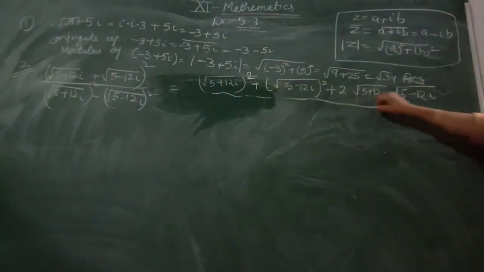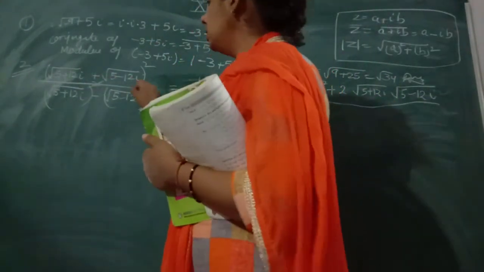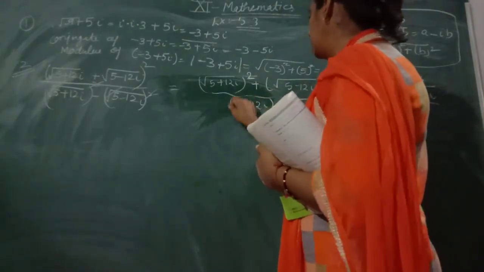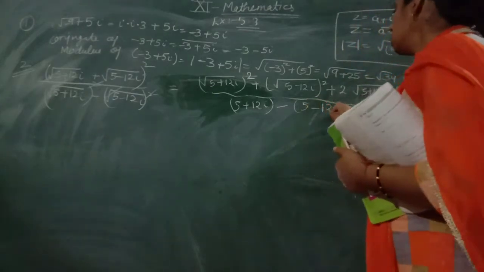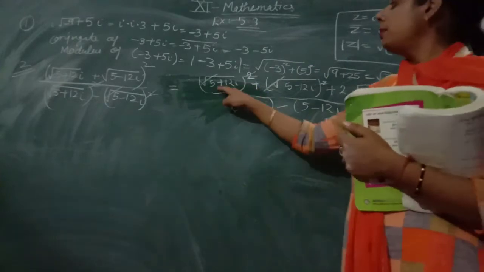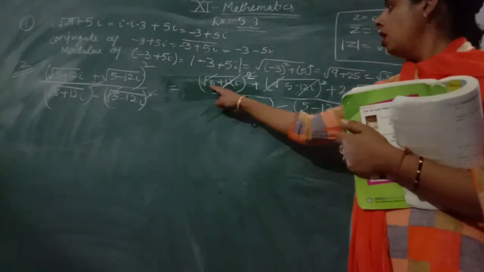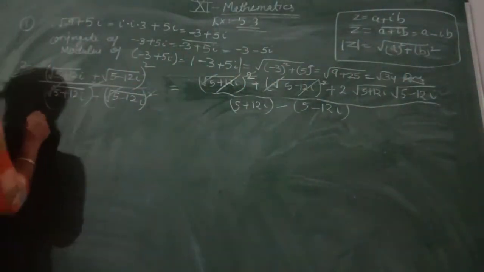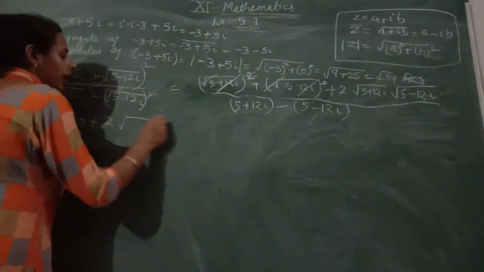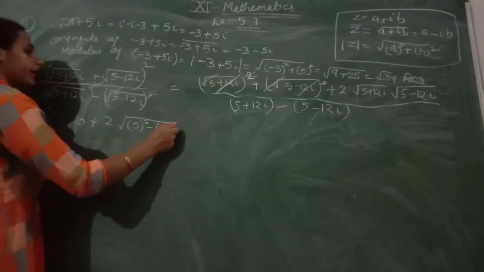And as you can see, in the denominator there is the square of this. The square root will be cancelled by this, and the square root is cancelled by this. You will have 5 plus 12 iota, and in the bracket there is 5 minus 12 iota. This square is also cancelled by this, and this square is also cancelled by this. You will have 5 plus 12 iota plus 5 minus 12 iota. The 12 iota and minus 12 iota also cancel. 5 plus 5, you will have 10 plus 2. In the bracket both are in root and multiply, and with the identity a plus b into a minus b, you will write here 5 square minus 12 iota square.